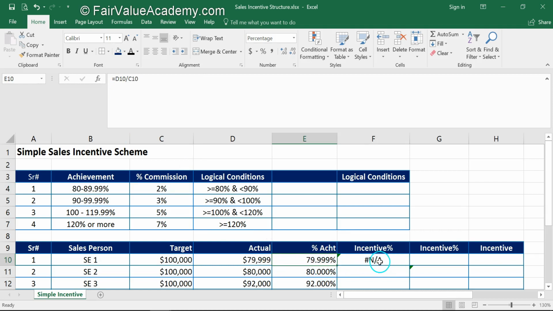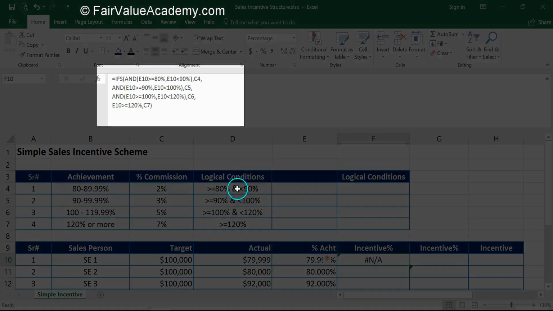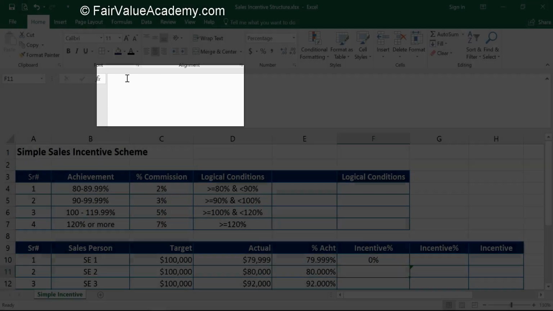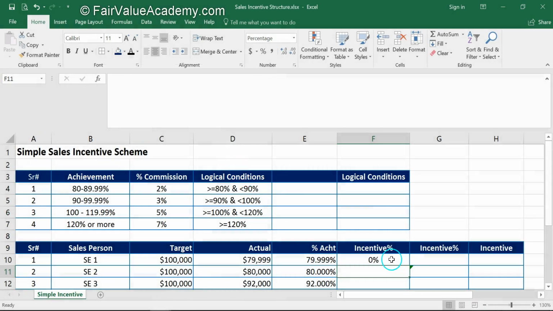That is the reason the formula is not able to find this value in the conditions. So let's add that bit of formula here as the first criteria. I'm going to add a line break here and add the formula, which is E10 is less than 80%. Then it should be 0%, and comma. And now I'll enter. Now you will get 0%.